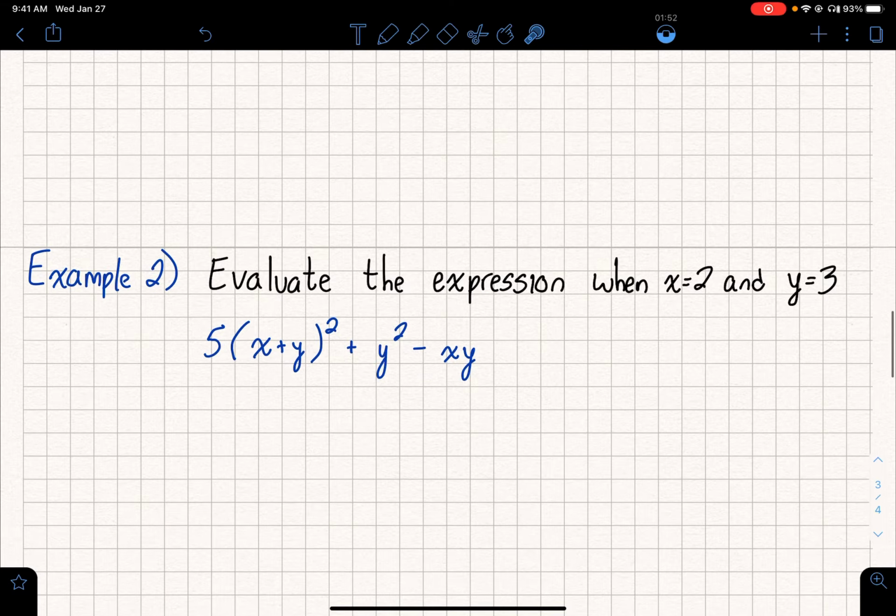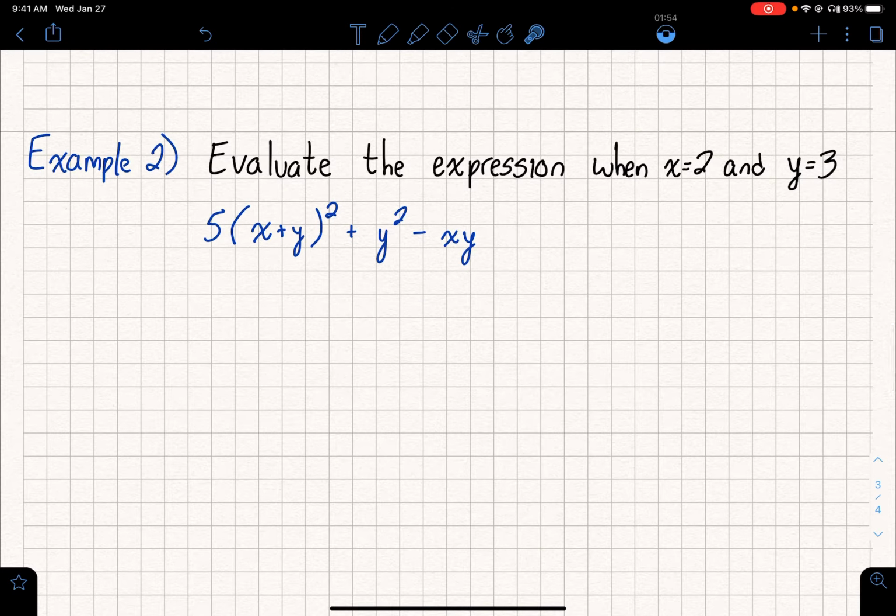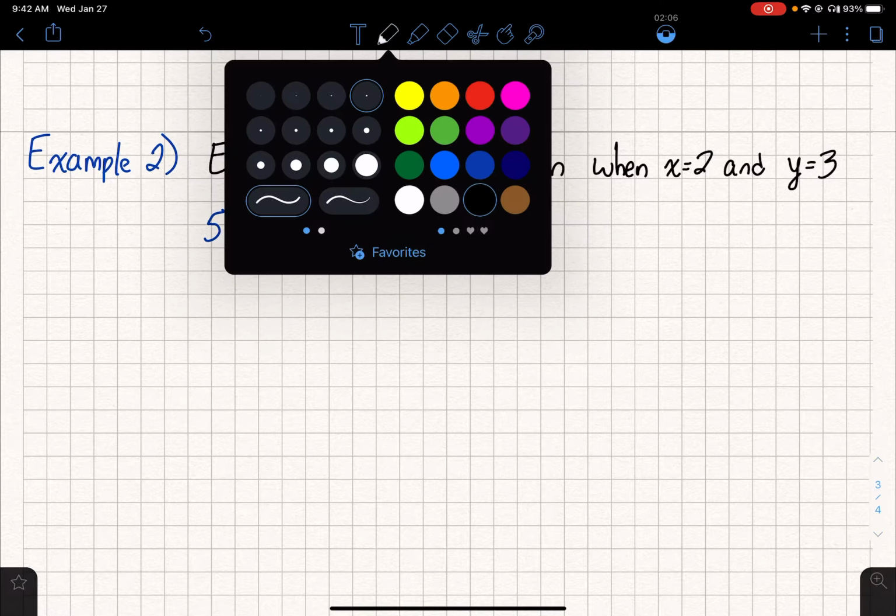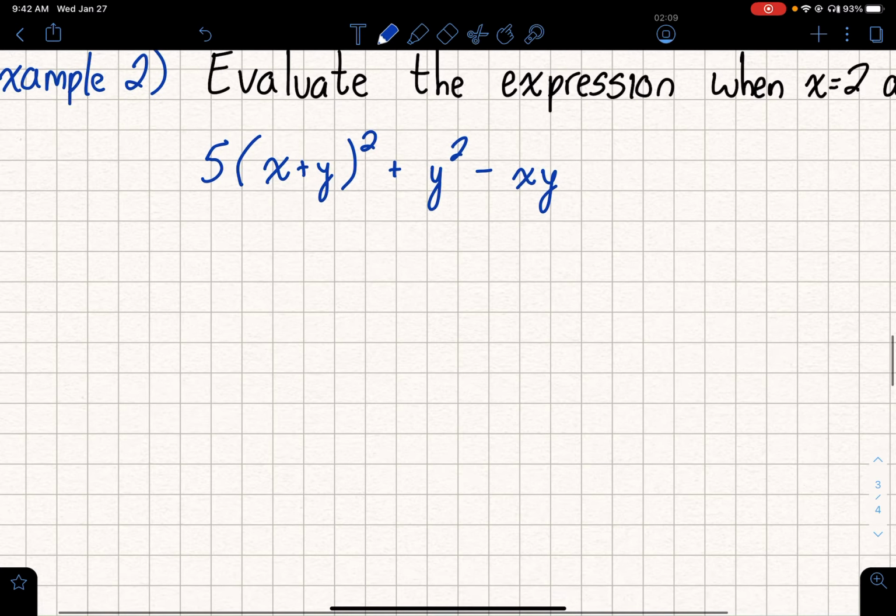I have one more example down here, and I was hoping to do this one together with you instead of having everything already written out. So the first step, you guessed it, we're going to substitute our variables x and y with 2 and 3. So we're going to rewrite that with our substituted in numbers. So this becomes 5 times the quantity of